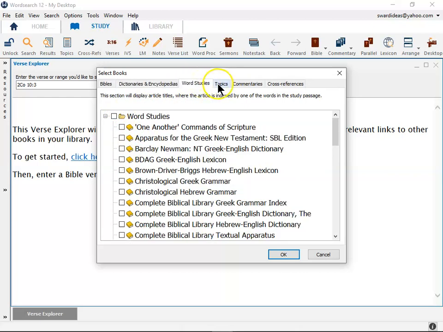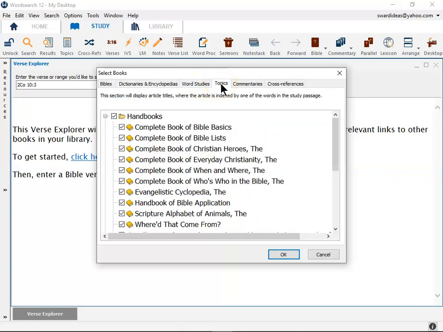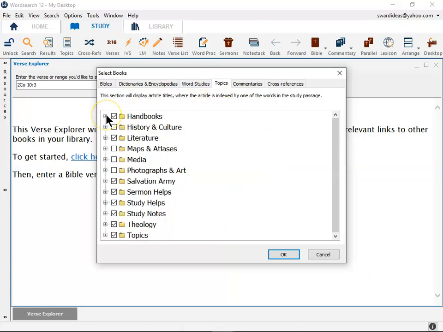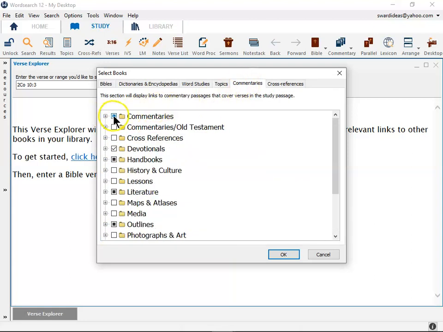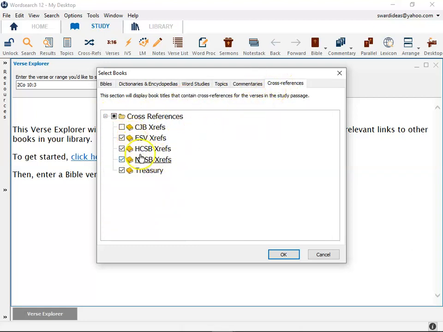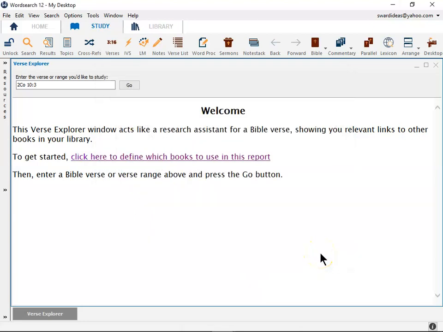No need for word studies. We've already talked about that. Topics. I'm going to hit my minus sign. You need to check off all of the boxes that you can. Same thing for the commentary. Leave no box unchecked. And then make sure your cross references are selected. Once you've done all of that, and I'm assuming that you've already done the work because we did that in the first video,